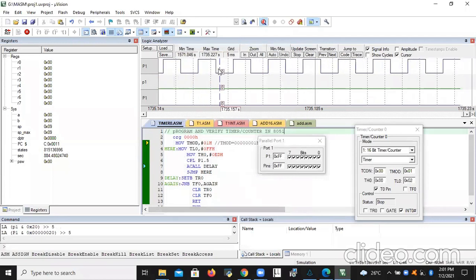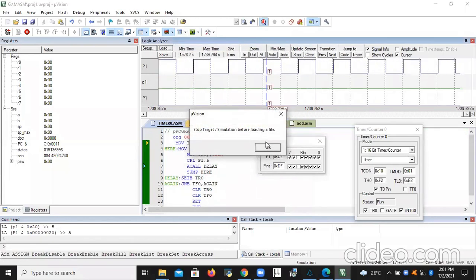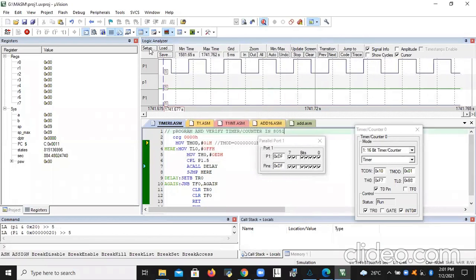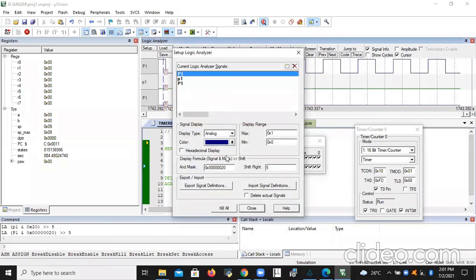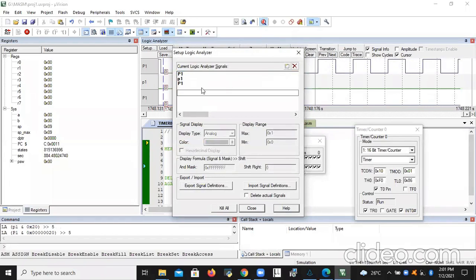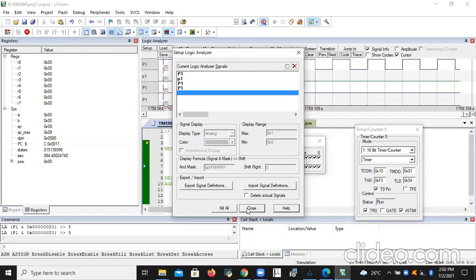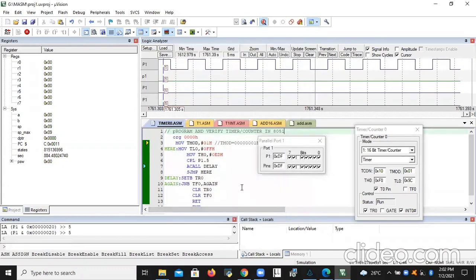So your wave will appear here. You need to go to the setup only for loading port 1. Here you need to give P1.5, then enter, then close.